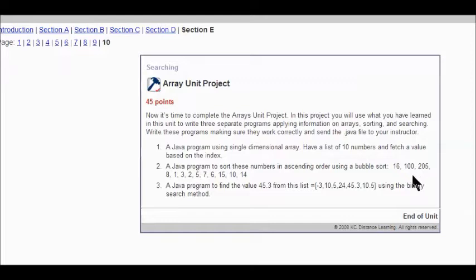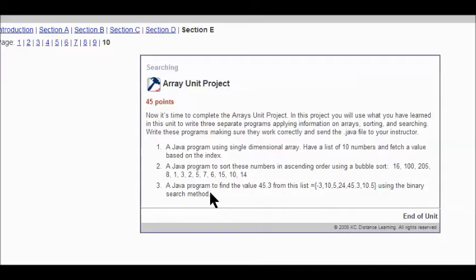And then you have a Java program to find the value 45.3 from this list using the binary search method. Now I'm going to show you how to do all three, but actually you only have to do the first one. But I know most of you are probably going to do all three. Your single dimension array